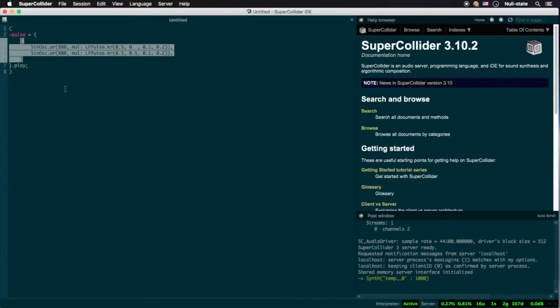First, take notice of the initial SinOsc UGen. We're instancing it at the audio rate and at 880 Hz, one octave above 440. Next, take a look at what we've assigned to the mul argument. Remember the LFPulse UGen we explored last episode? We're using it again today, but now as a low-frequency oscillator to control the amplitude of the 880 Hz sine